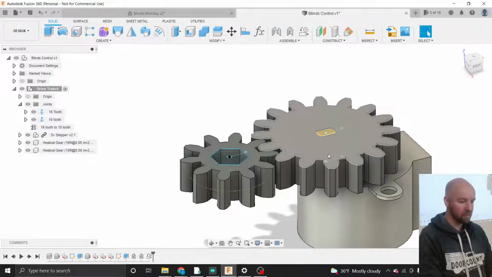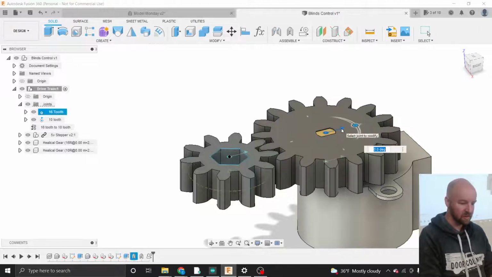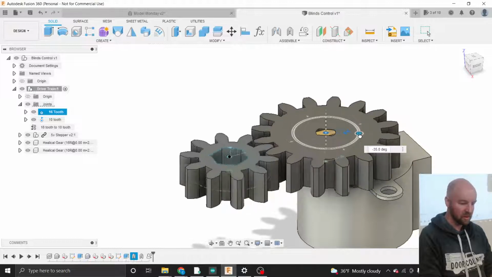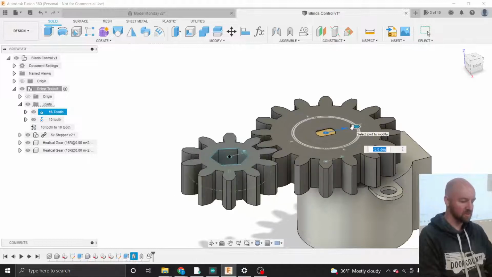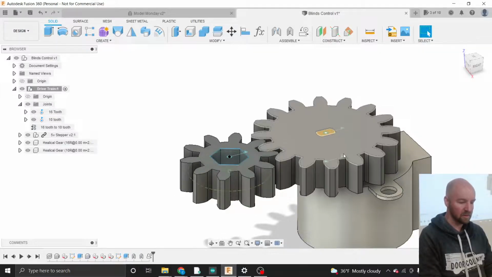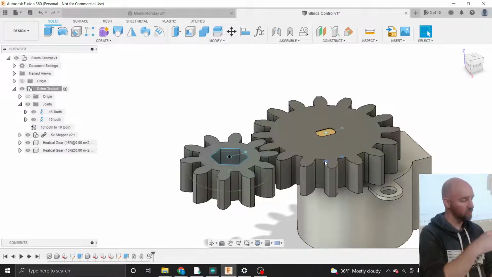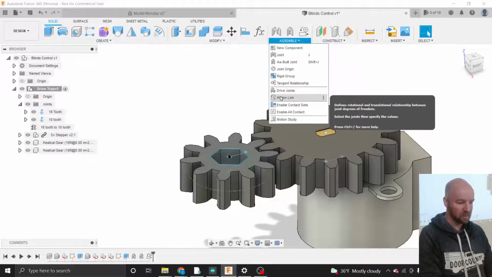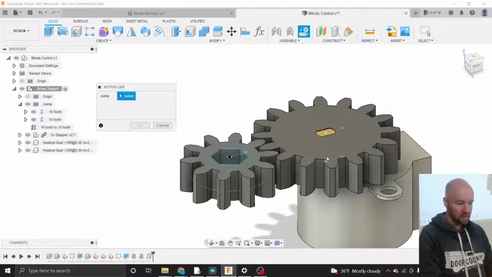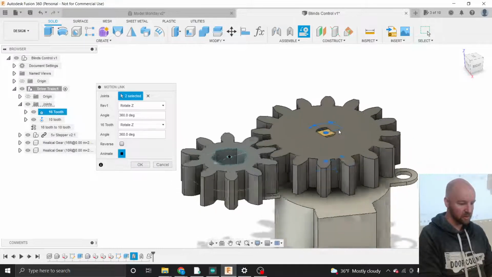I'm going to add one more motion link because here you can see if I double click on this little gear, I can rotate this around. However, our motor shaft isn't rotating when I do that. So I just like to add one little link there connecting the joint that we already made in the other component, or in our other document, to this document here. So from the assemble menu, I'll just go ahead and choose that motion link one more time. I'll choose the joint that is our motor shaft, and I'll choose the joint that is our